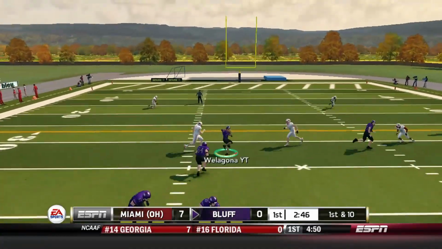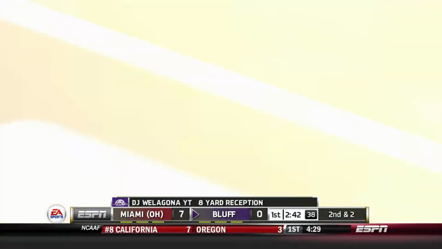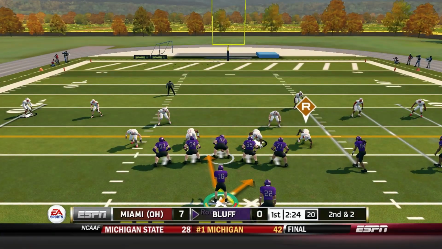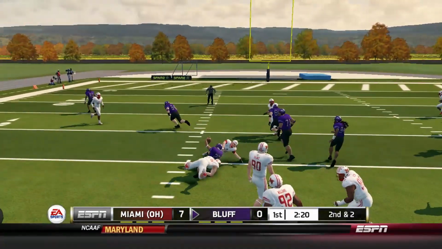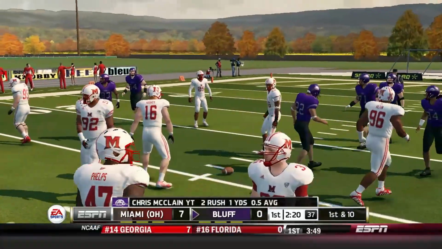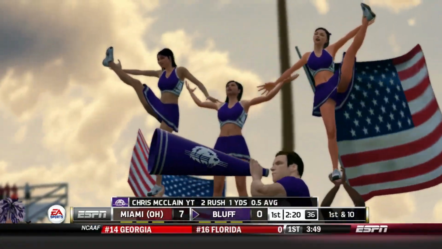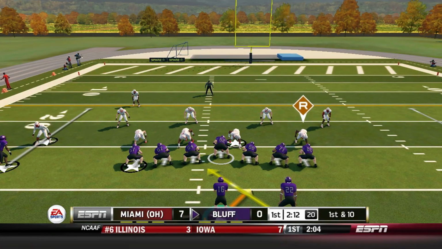And now Bluffton looks to strike back, trying to tie this game off the turnover. We'll see if we can get it done. DJ Wogana starts us off with an 8-yard catch. And then we'll do a run play over the middle, which actually works out. The read option, our best bet for the running game. You can see why. Forcing the defense to choose, and they did not choose correctly, giving the first down to